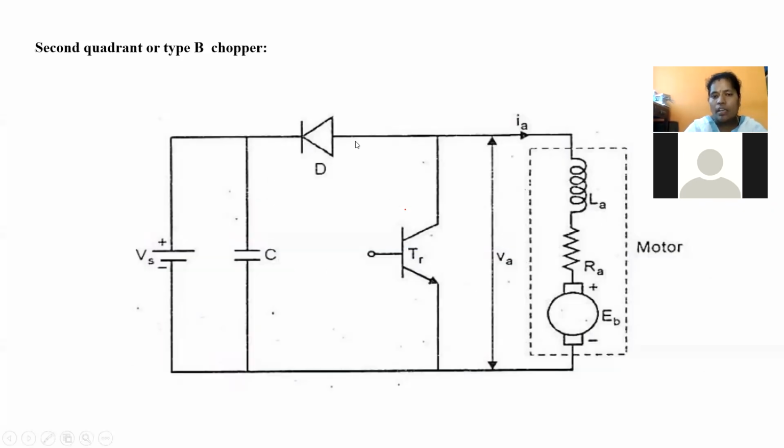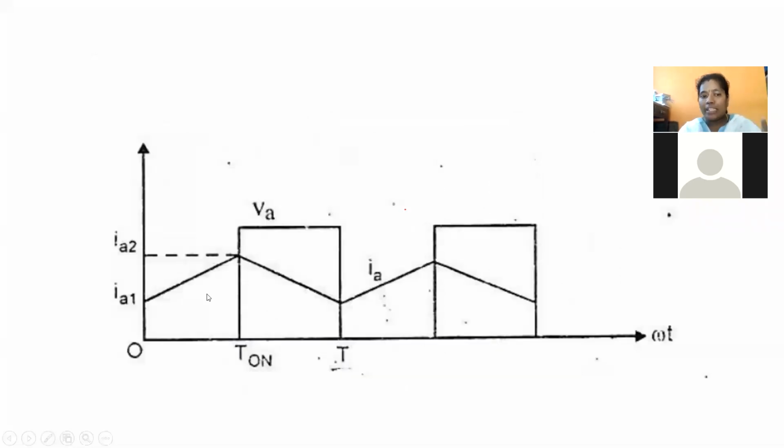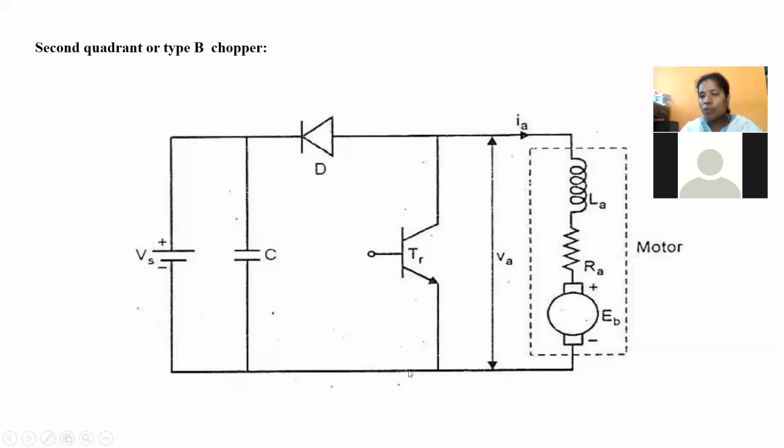That means now we can say, when the chopper is turned on, at that condition the output voltage is existing or not. At the same time, when the chopper is in off condition, the output voltage is existing or not. You have to know these two points. Then only you can draw the output waveforms. When the chopper is turned on, what happens? The motor current is entering into the chopper path, and due to the supply voltage, there is no output voltage existing across the load. Why?